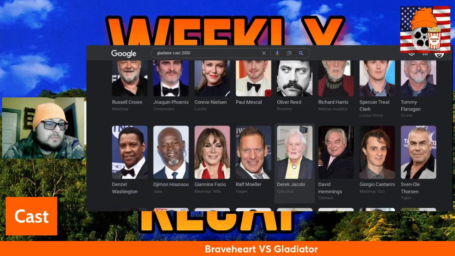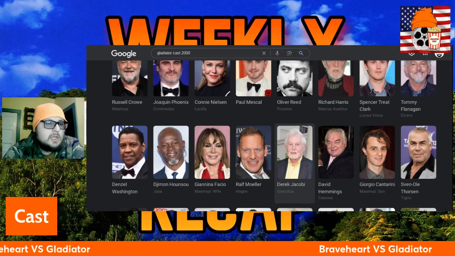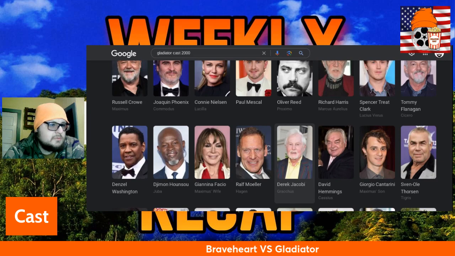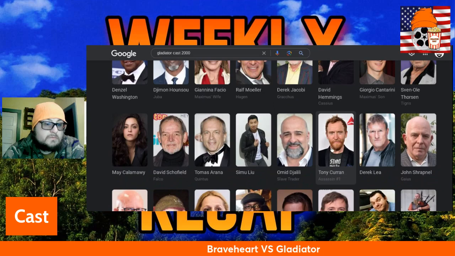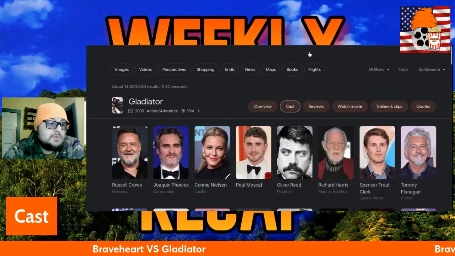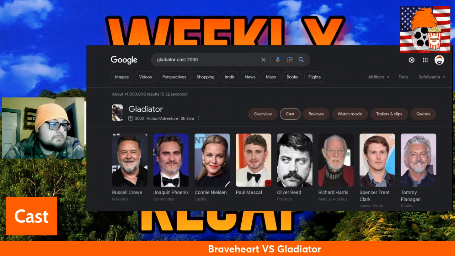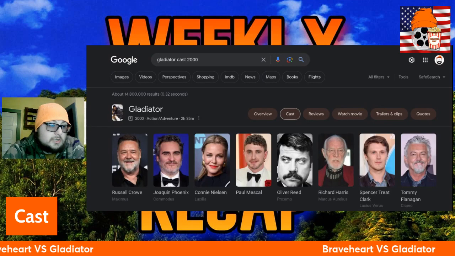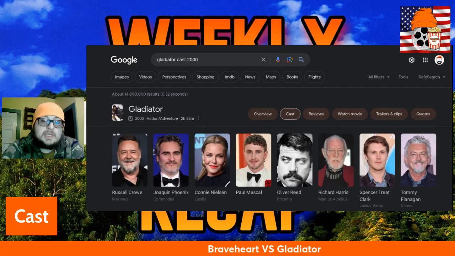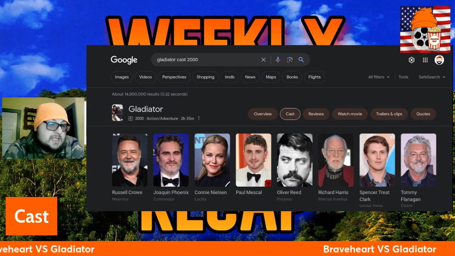Derek Jacobi, I remember him in the Underworld franchise, Underworld Evolution, as well as a few other roles here and there, maybe like two other roles. So yeah, Tony Curran, I have seen in like four or five different roles. So yeah, when it comes to this particular category, cast, it's hard to call. I mean, it really is hard to call, but when it comes down to it and I actually have to make a decision,